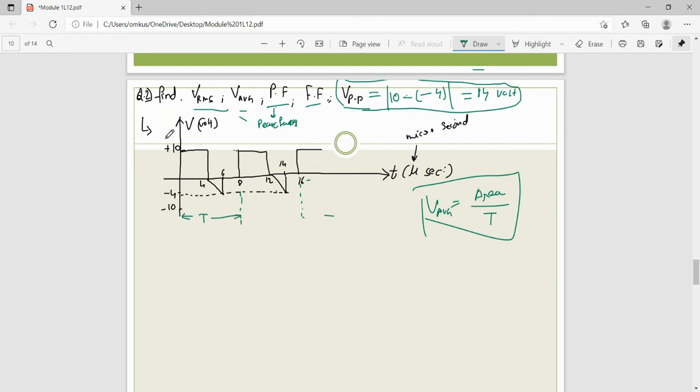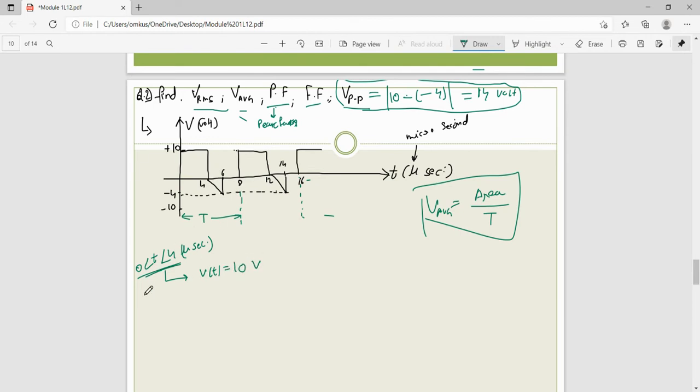Now use that formula. First of all write the equation for this slope, or you can say write the slope for the particular time span. First of all, let's take 0 to 4, this is in microseconds. Okay, so for this, what is the slope of that signal? From 0 to 4 the signal is constant, right? So I can say that v of t is equal to 10 volt.